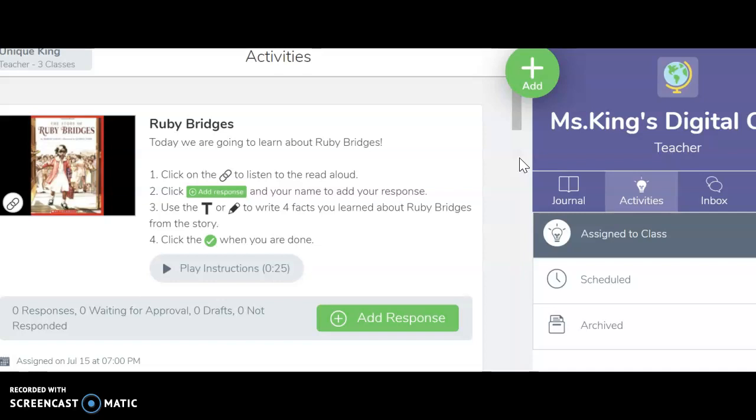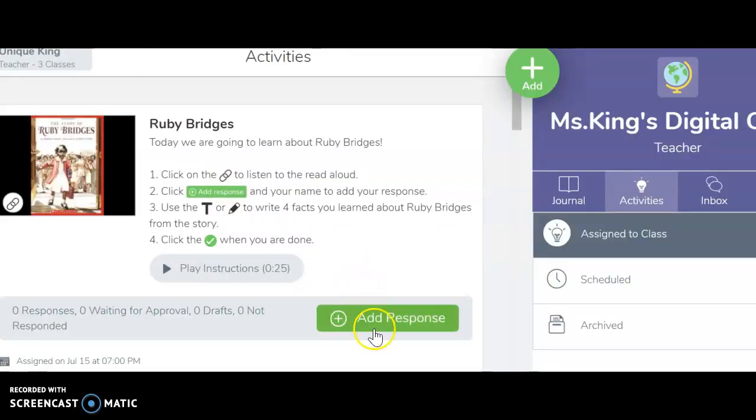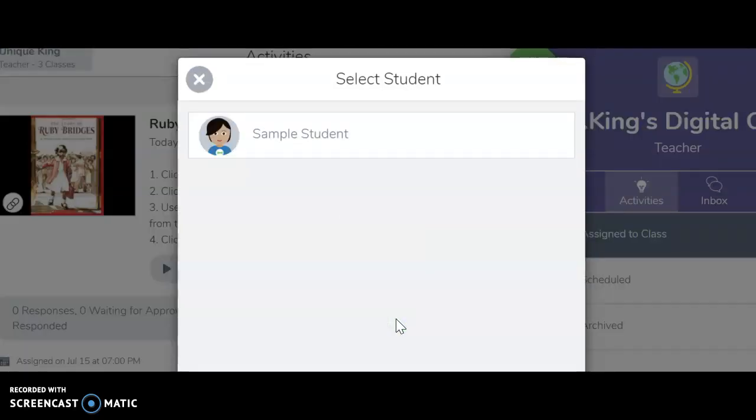Once you get to the screen, the first thing you're going to do is click the book that says the story of Ruby Bridges. Next, it will open the read out loud of the story. After listening to the story, you will go back to Seesaw, hit the plus button where it says add response,